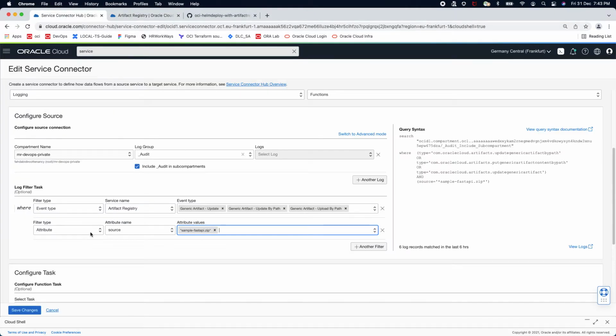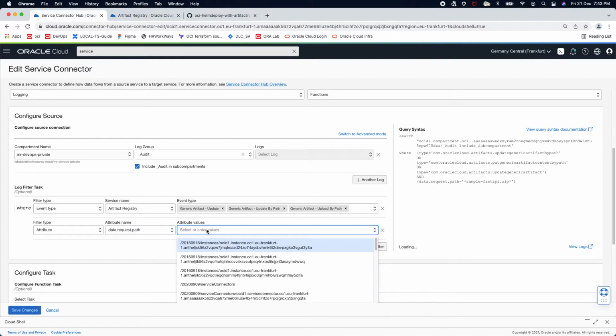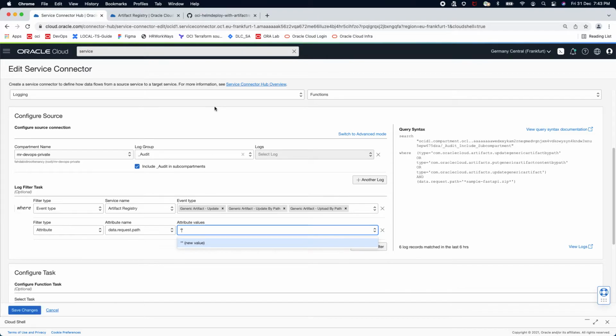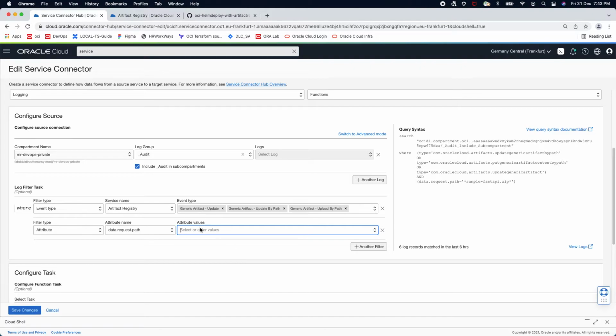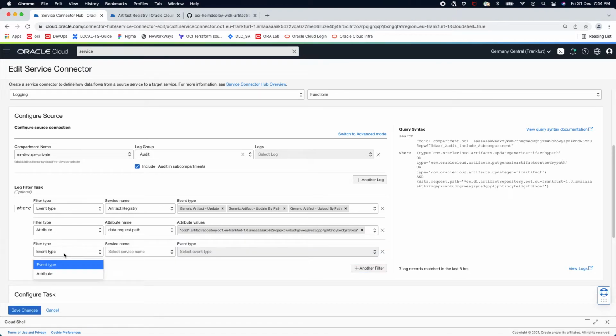So the easiest way is, instead of source, you could do path. There is another attribute which is called request path, okay? And in this request path, you could actually say star and give the OCID of this repository. So I would say this function will invoke for this artifact, okay? So let's say you add this, okay? And then you add one more attribute, and this attribute you will say my source is